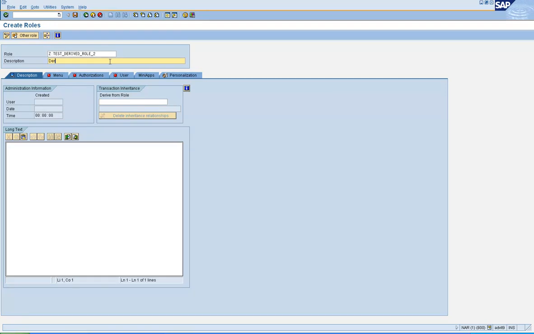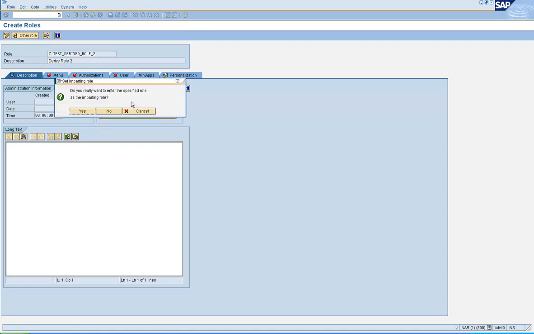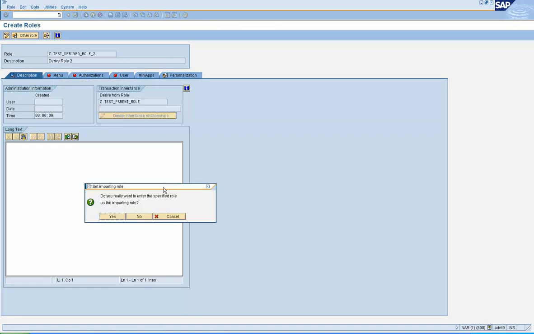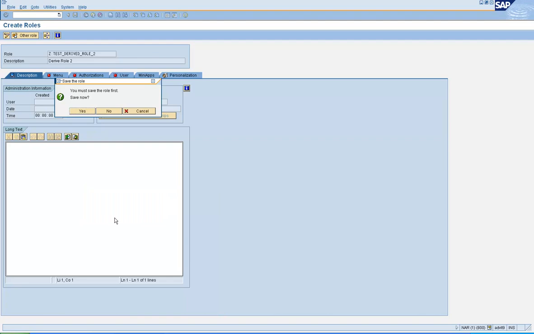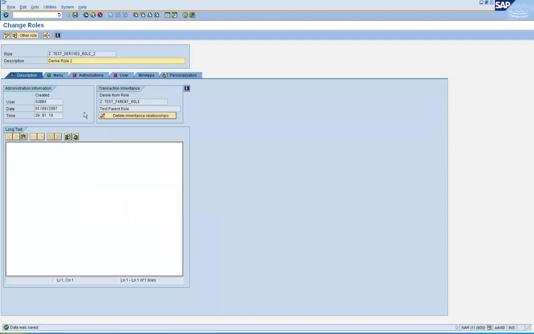So derived role 2, and it also has to be inherited from the same parent role. So enter the parent role name in the derived from role field and click on yes. So say yes. Now derived role 2 is a child of test parent role now.